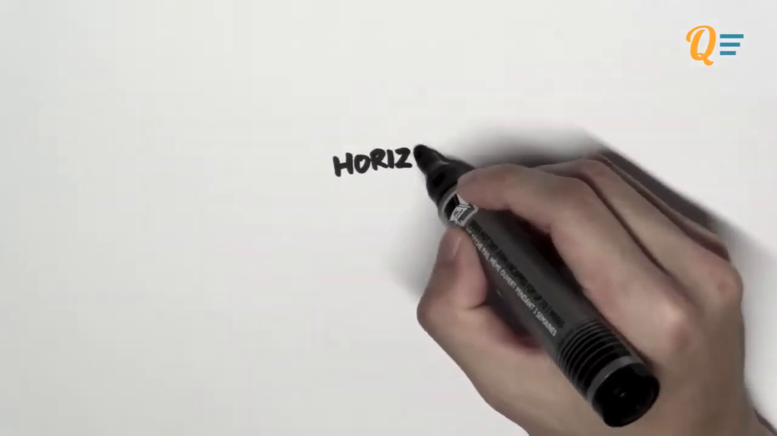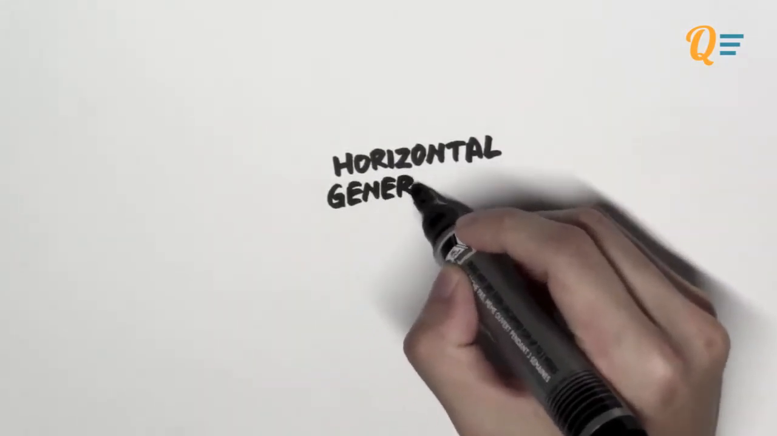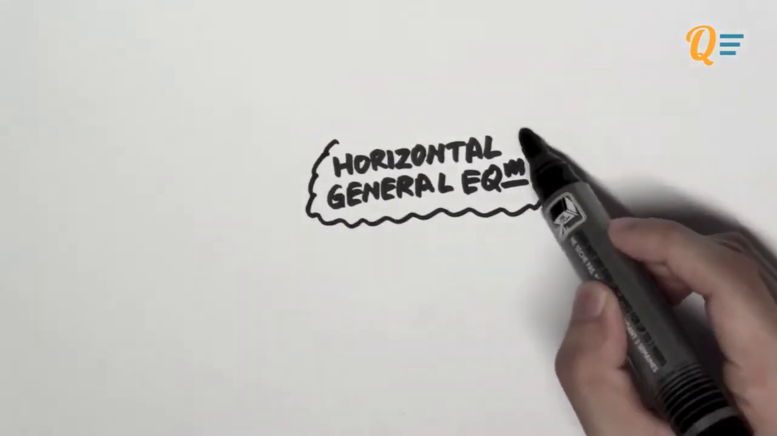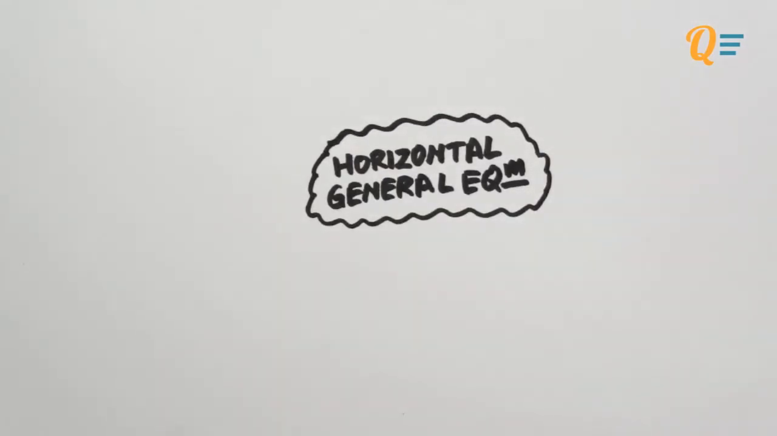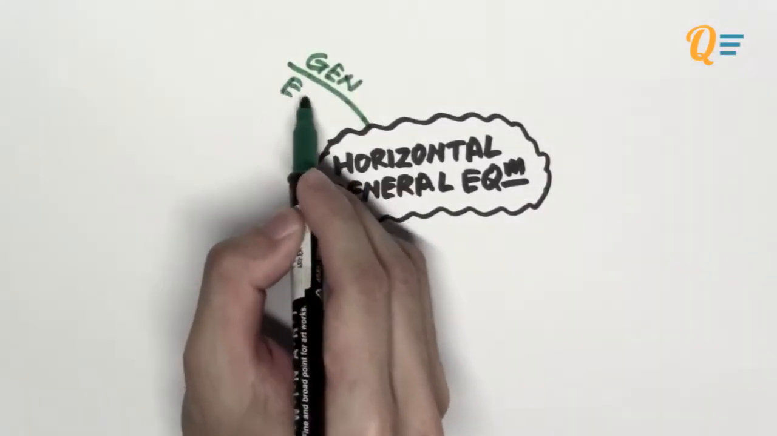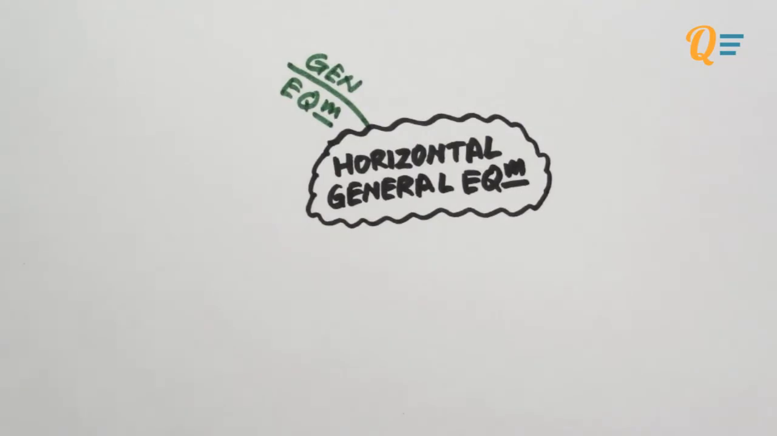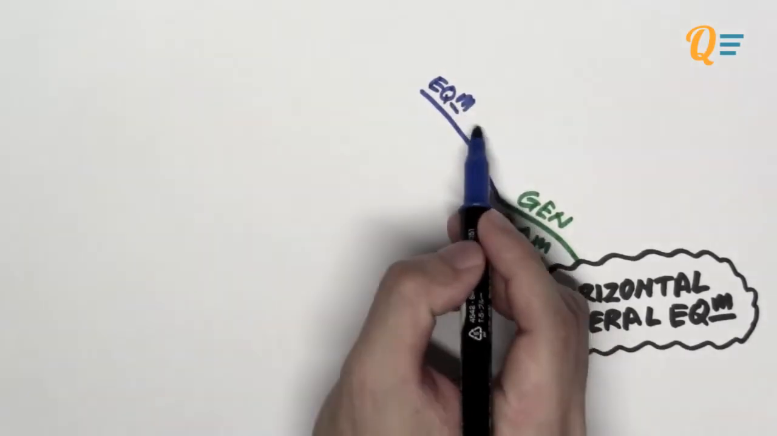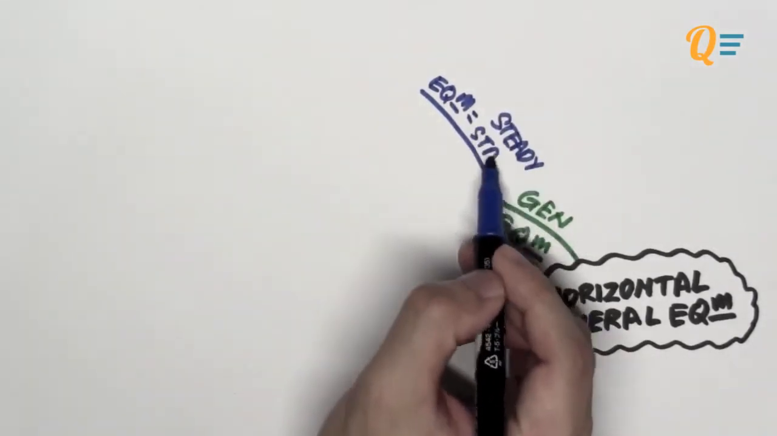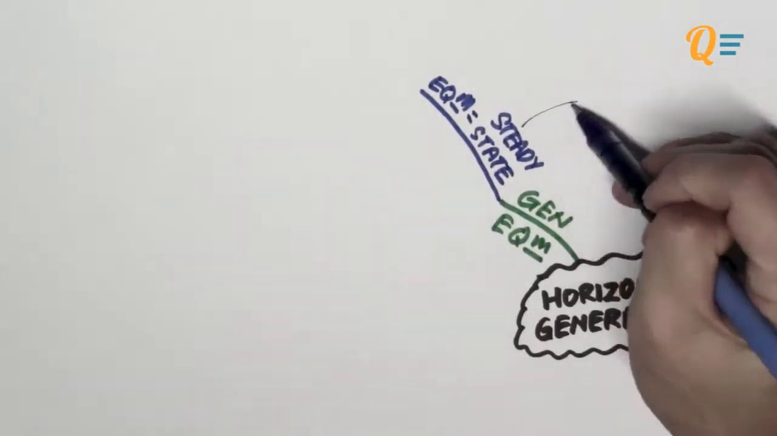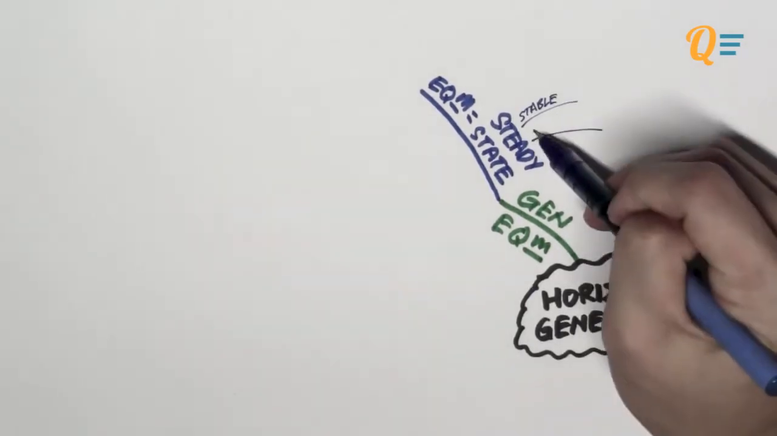Okay, so how we're going to begin chapter 6 is we're going to start with horizontal general equilibrium. Before we get into this, we need to know exactly what is general equilibrium. This is a type of equilibrium. When we say equilibrium here, we are referring to a steady state. A steady state is where the economy is stable and there are no more changes that can happen to